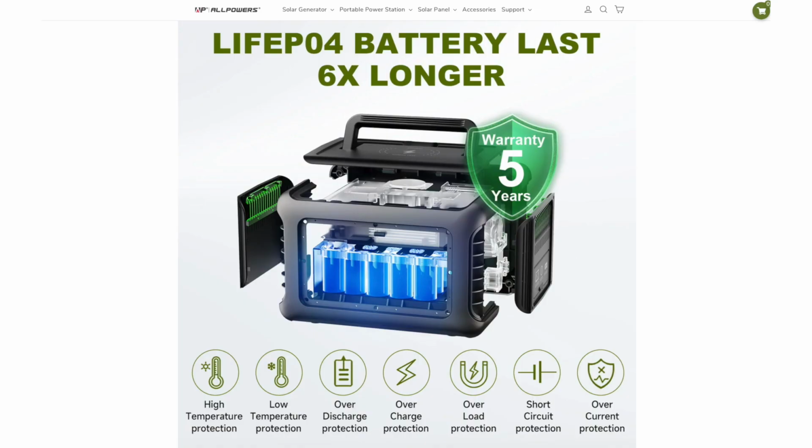And like this graphic right here says, the LiFePO4 battery will last 6 times longer. You have a warranty of 5 years on this. It has high temperature protection, low temperature protection, over discharge protection, over charge protection, overload protection, short circuit protection, and